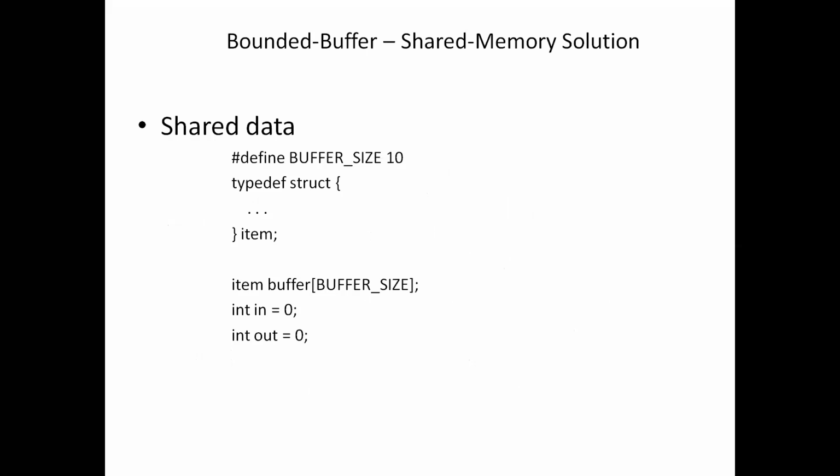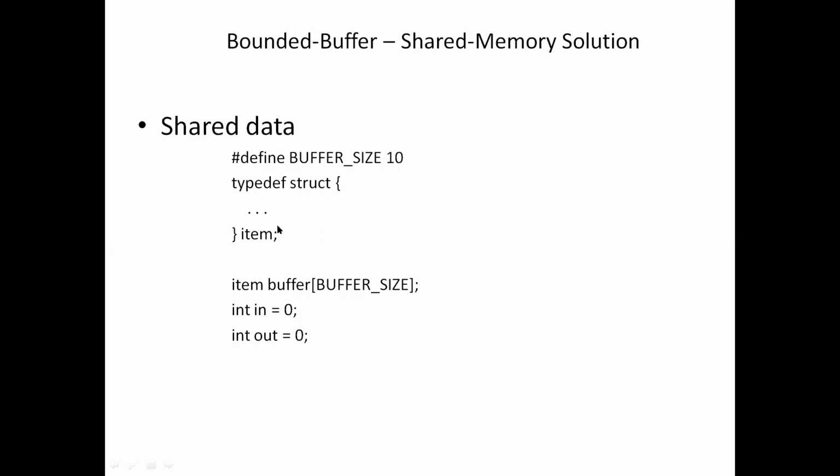Shared memory will be used here. This is the producer-consumer bounded buffer problem. Here we have a fixed size for the buffer. We assume that the buffer size is 10. In the shared memory region, we have some data defined: the buffer size, that is 10, and